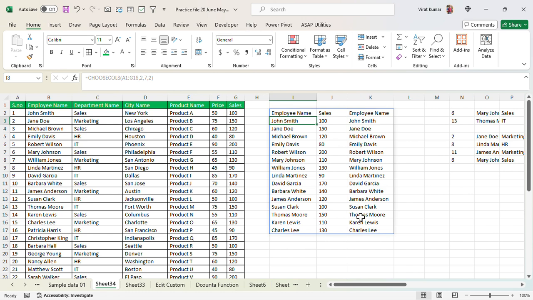So in this video we understood the text split function for data cleaning, to row, to col, h stack, v stack, rep rows, rep cols, choose rows, choose cols. So almost we understood the 9 functions with easy examples, so we can understand how to use them and where to use them in Excel data.